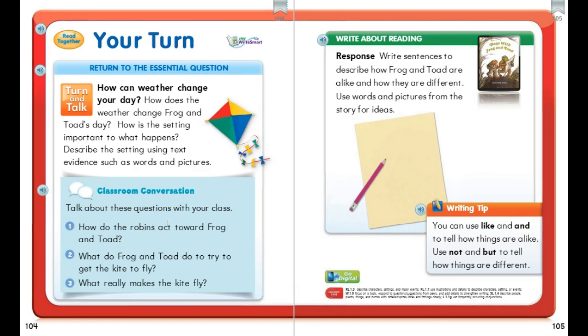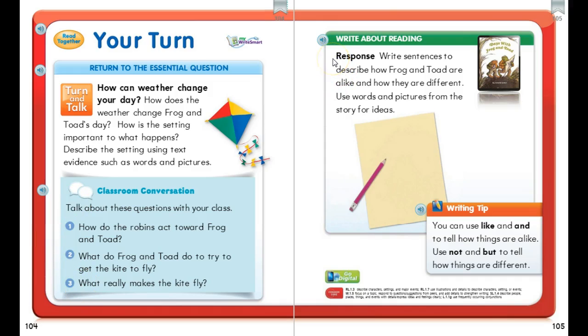Now it's your turn to return to the essential question, how can weather change your day? You're going to answer that question using the questions: how does the weather change Frog and Toad's day and how is the setting important to what happens, to help you to describe and give your answer using text evidence like words and pictures. Then you're going to have a brief discussion about these 3 conversation questions, and then you're going to